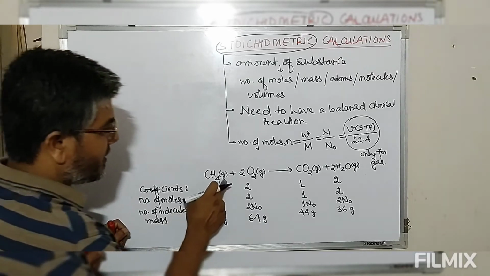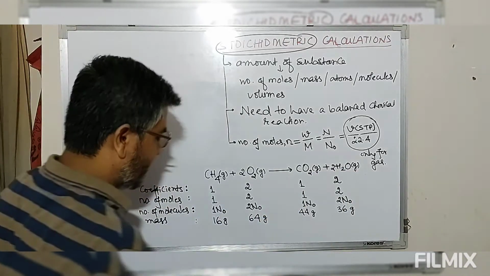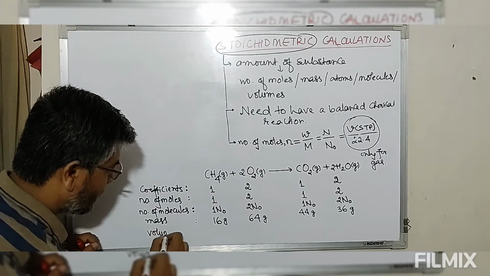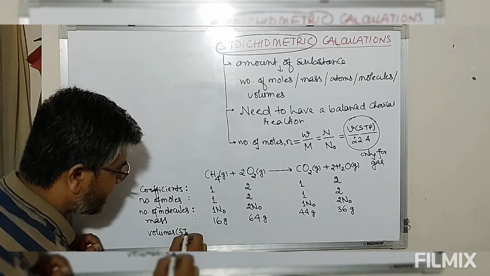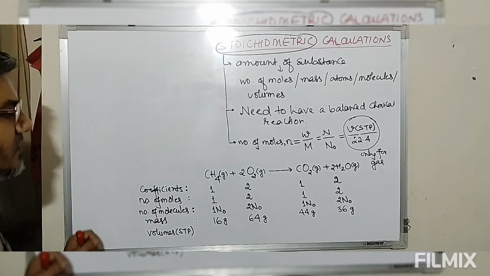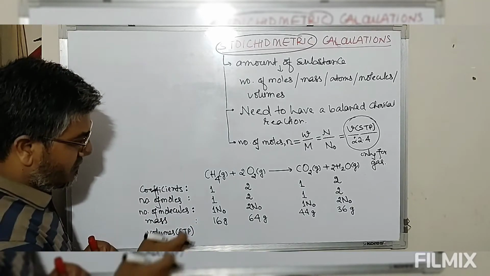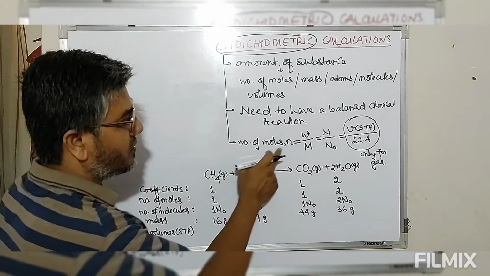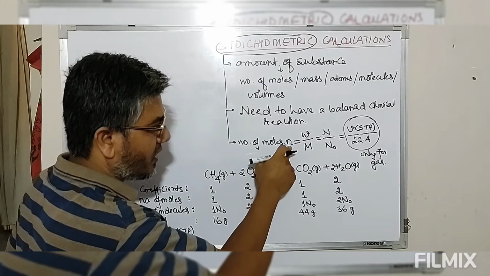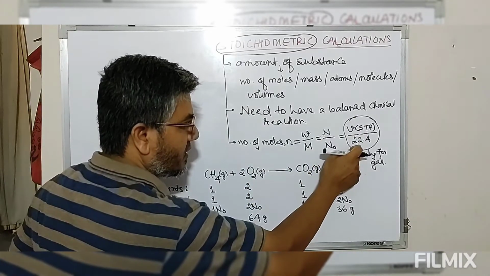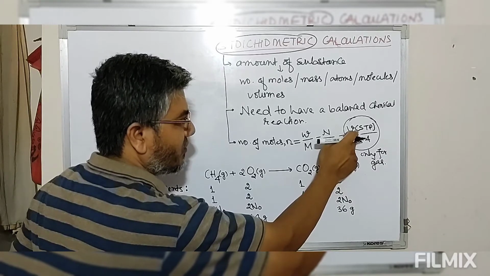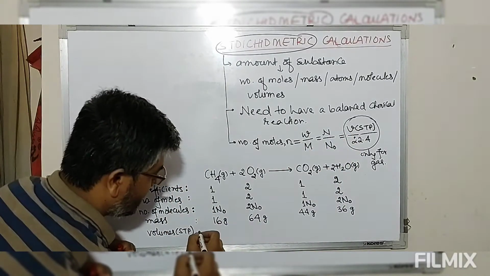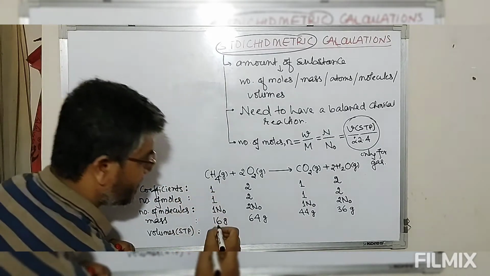Now since the reactants and products are gases, we can also do this stoichiometry calculation in terms of volumes at STP. We have 1 mole of CH4 gas. The number of moles is volume divided by molar volume, so the STP volume is the number of moles times 22.4 liters. We have 1 mole here, so the volume of CH4 at STP will be